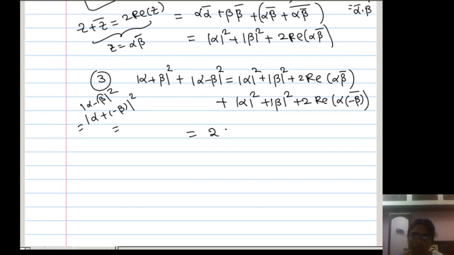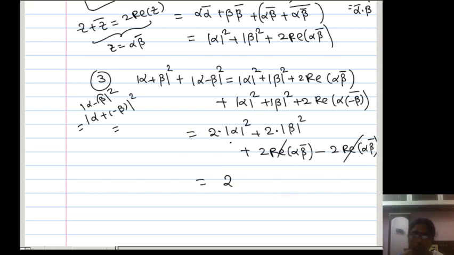2 into mod alpha square plus mod alpha square, 2 into mod alpha square, 2 into mod beta square, plus 2 into real part of alpha beta bar. Now I have written plus and minus 2 real part of alpha beta bar. So this will be cancelled. Yes, the remaining thing is 2 into mod alpha square. So 2 common, mod alpha square plus mod beta